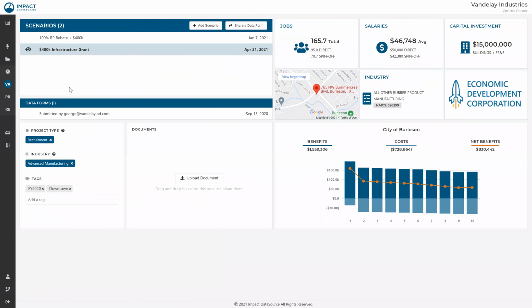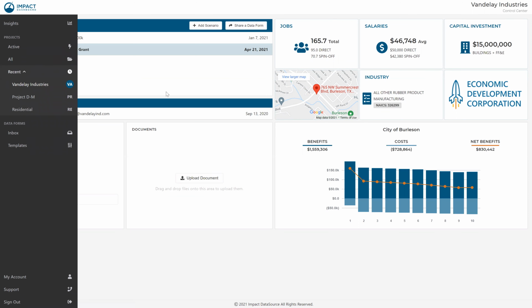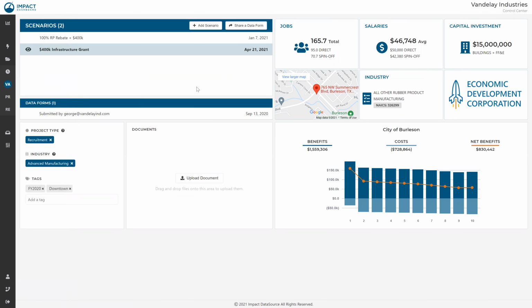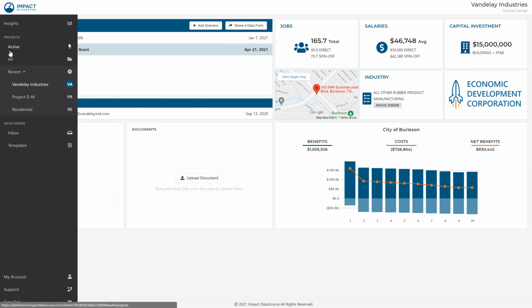Now, just to give you a little bit more sense of where we are in the app, I'm going to go back another step. We've been looking at a particular scenario. Then we stepped out and looked at this control center for our Vandelay Industries project, where we can see multiple scenarios. But if I step back one more layer, we're going to go to all of our projects,